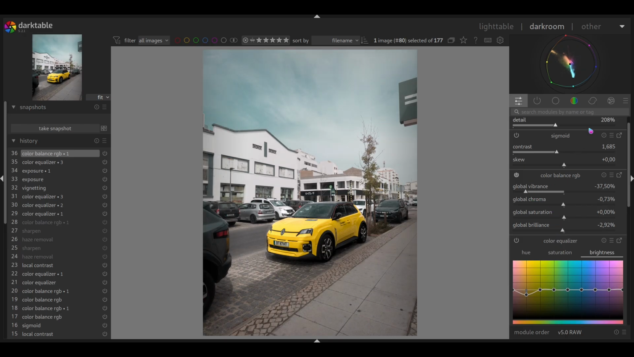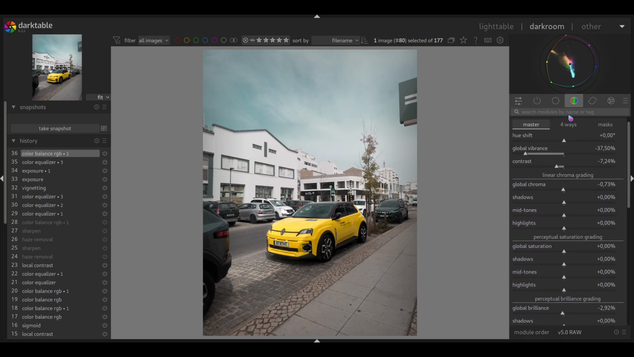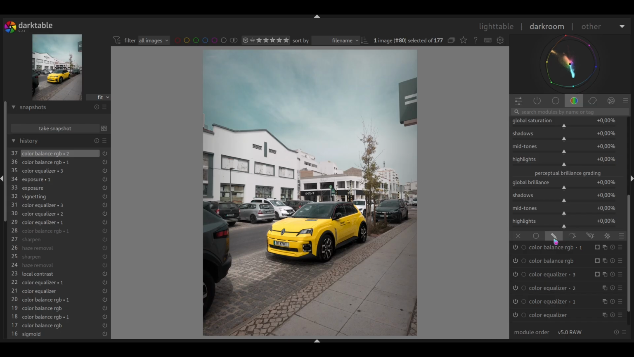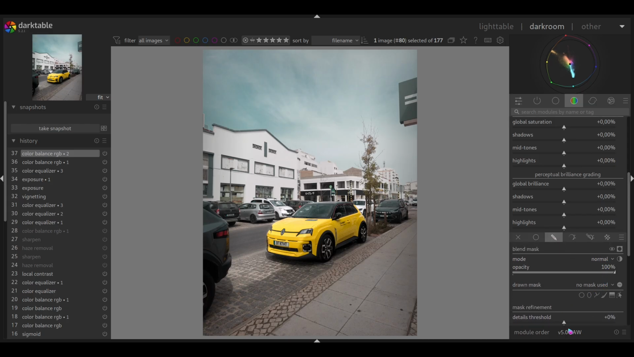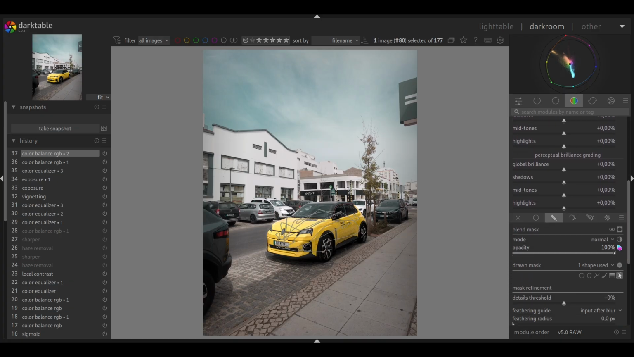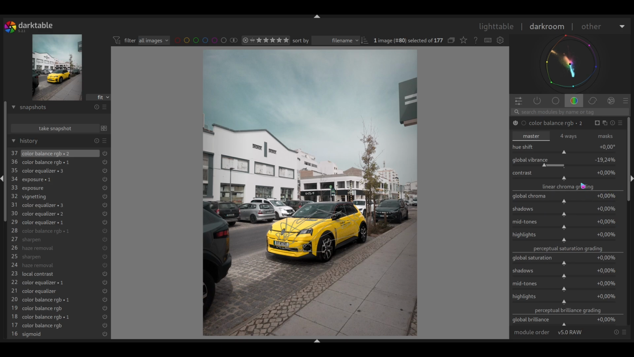Let me see here. Let me come to color balance again, and let me open a new instance. Let's remove once more our mask. You see that we are using masks a lot here, right? And let's bring, yes. Now we're talking about